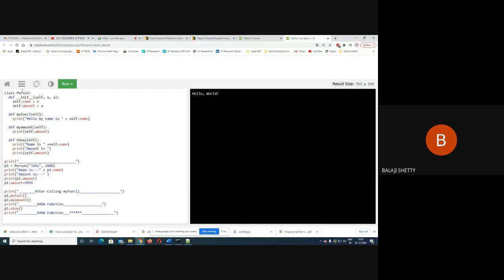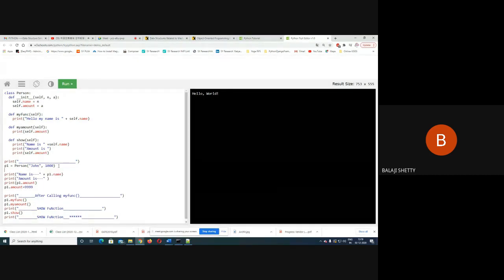When the class gets created, you already know the C++ constructors concept. So when I create the object of class Person with John and 1000, I'm passing a string and an integer dynamically.